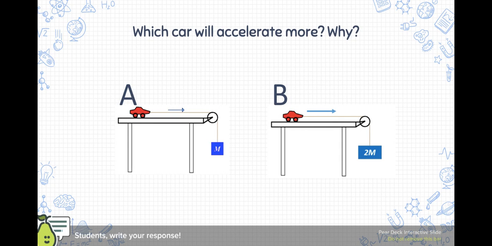Okay, looking at these two scenarios, I see two differences. One being that this has one set of mass and this has two sets of masses. I also noticed that the arrows are of different lengths. And these are important differences because when there's less mass, there's less force being applied to the object to pull